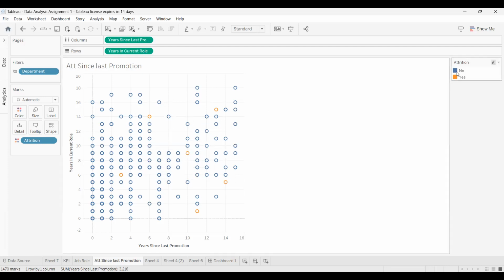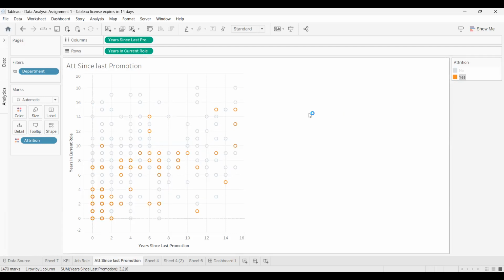Now, when I click on attrition, that is on yes, this is showing the attrition level. And if you look at this particular area where we have a concentration of attrition, and of course this area around the center, now this particular area down here is implying that